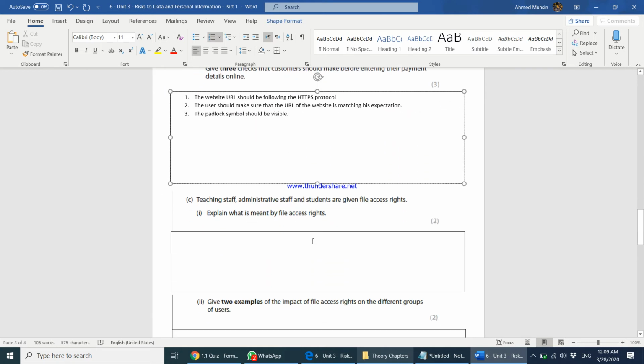Moving on to the next one, teaching staff, administrative staff and students are given file access rights. Explain what is meant by file access rights. So I have told you, you can use file access rights in order to protect the files that are on a network. Okay, so what is meant by file access rights? We can go on to say file access rights